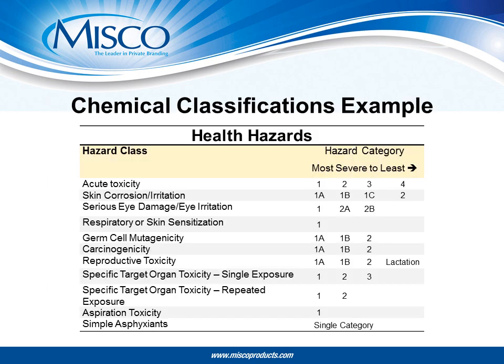Let's look at a chemical classification example under the heading Health Hazards. This is an example of the manufacturer's hazard categories for each health hazard class. There are detailed appendices within OSHA's 2012 standard that they use to determine the hazard category. This chart shows the new health hazard classes and the hazard categories that correspond to each of the health hazard